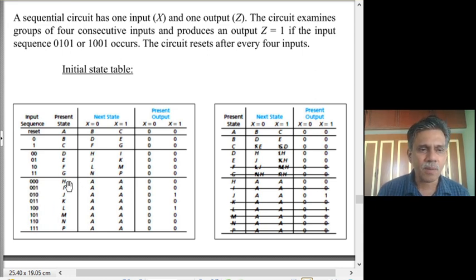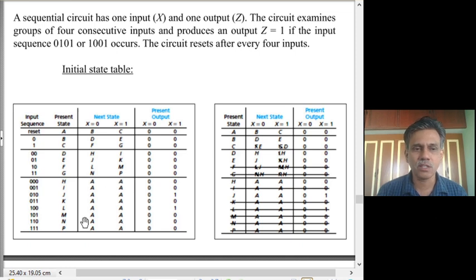Now from H or I, J, K, L, M, N and so on, when the fourth bit comes, what do you do? That is when you have to discover the bit pattern and conclude and give out your result. But to what state do you go? You always have to go back to the reset state, because when the fourth bit has come, the group of 4 bits is over. You have to go to the reset state and wait for the next set of 4 bits. So that reset state is A. So from all these states, you have to only go back to the reset state, which is A.